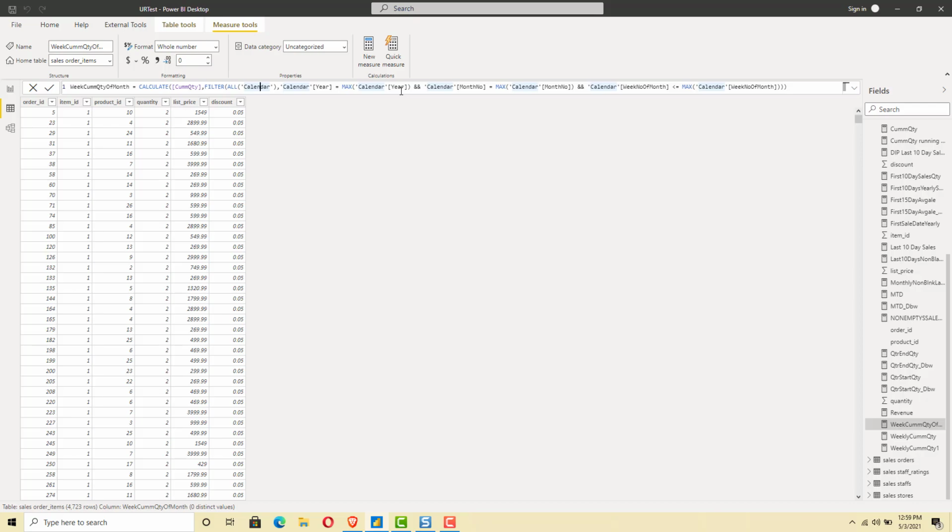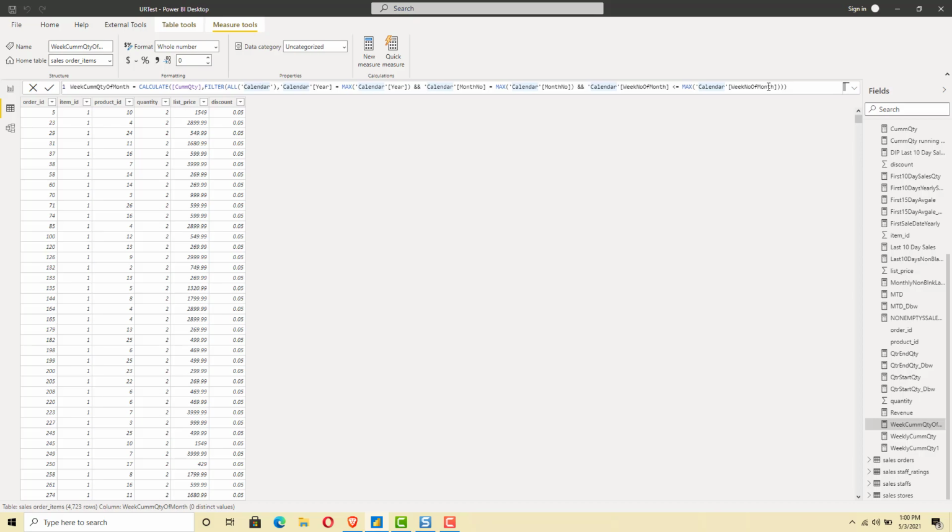And then comes the third part where we calculate the week. There, if you see, we compare calendar week number of month less than or equal to max of calendar week number of month. That means the current context date, what week it falls into. Right from the start of this month up to this date, how many weeks are there? All dates should be included.